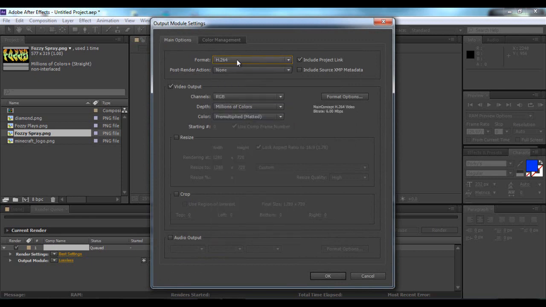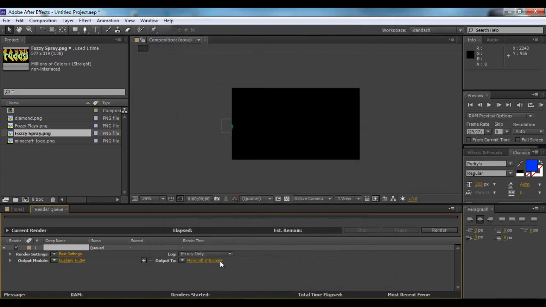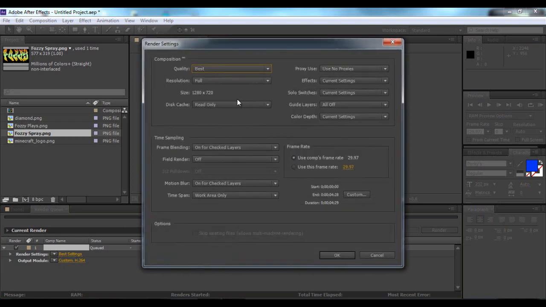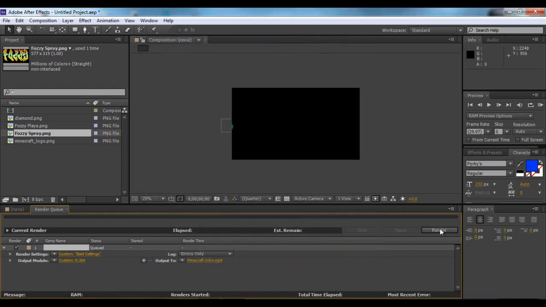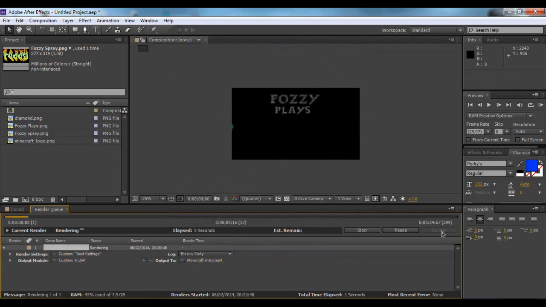I like going with the H.264 because that's clear. It's pretty much MP4 file format. Real HD, apart from obviously Blu-ray. And then you've got best settings. You might just want to leave this, because there's not really much that you can do. If you want the frame rate to be set to a certain amount, so like 60, that's going to be like really clear. So now if I render,